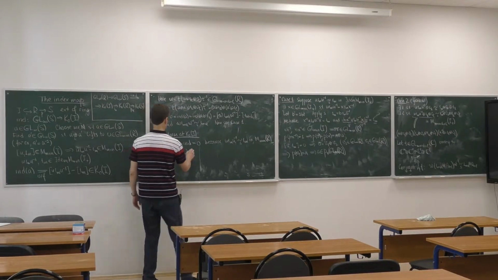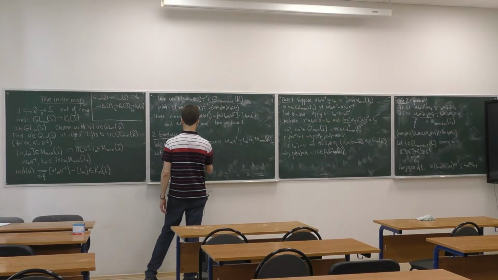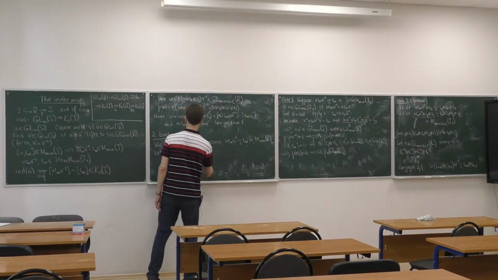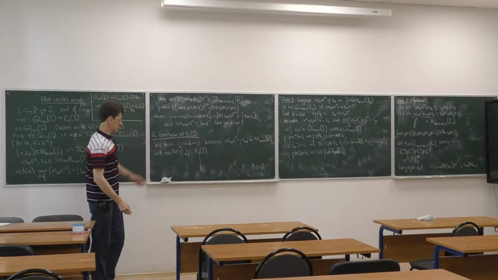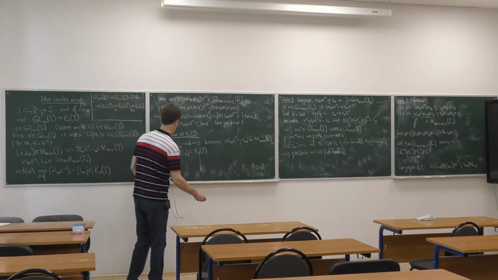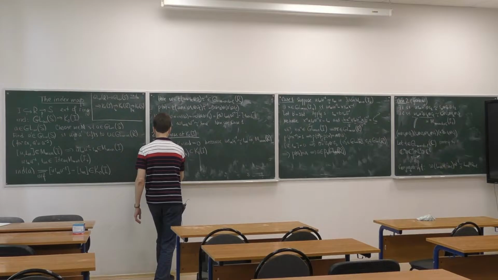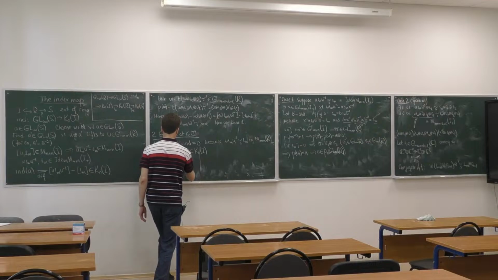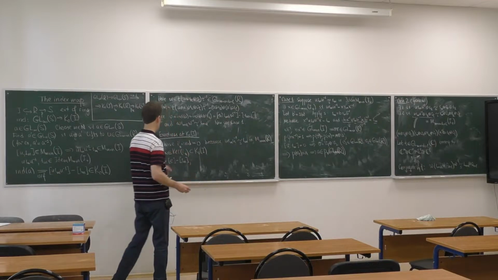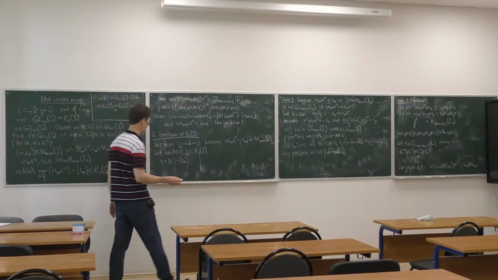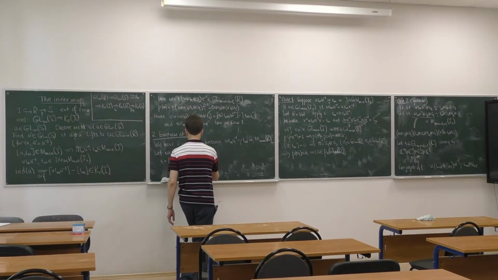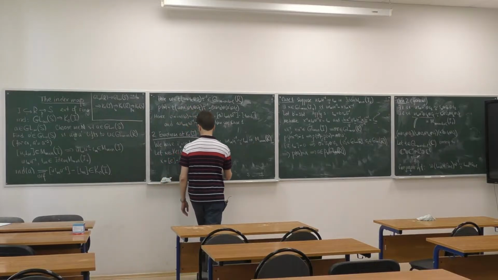This kernel is contained in K0 of I. So X belongs to K0 of I, so every element in this group can be written as the difference of two K-theory classes of the following form, where E is a suitable idempotent of, in general, a bigger size, of size m plus n, for some n,